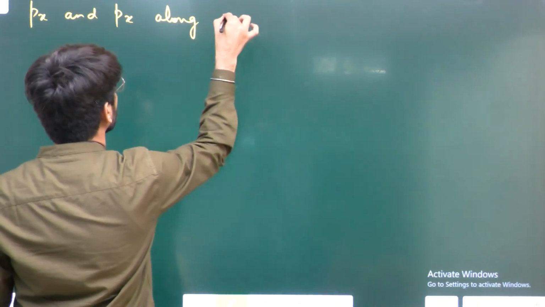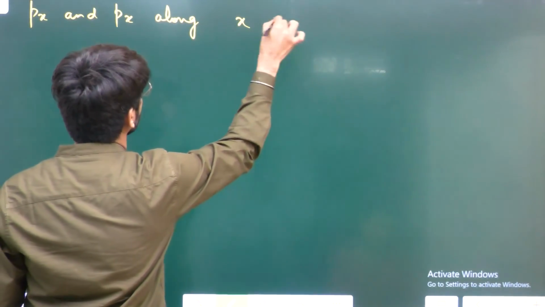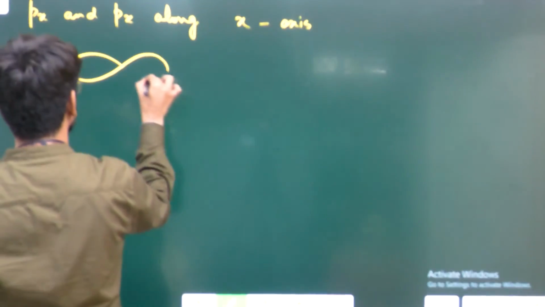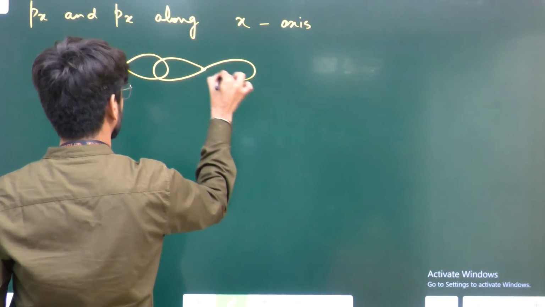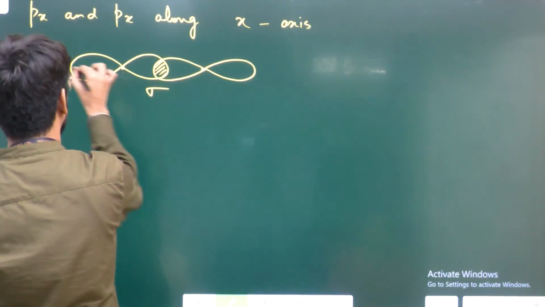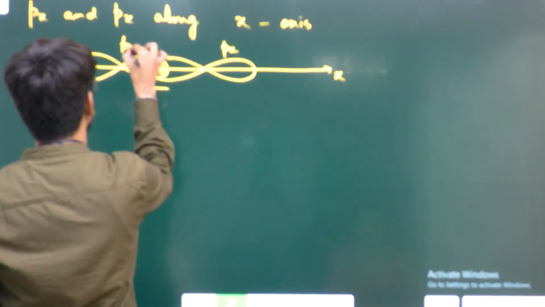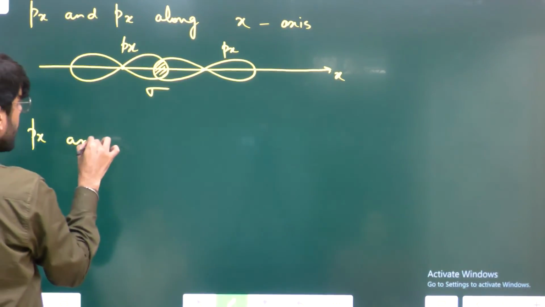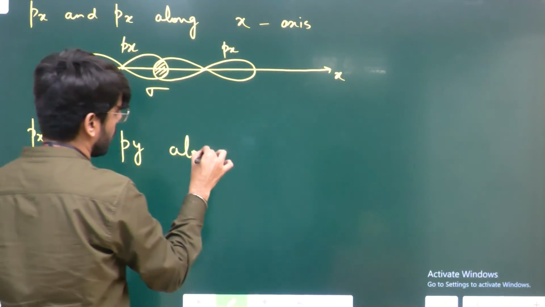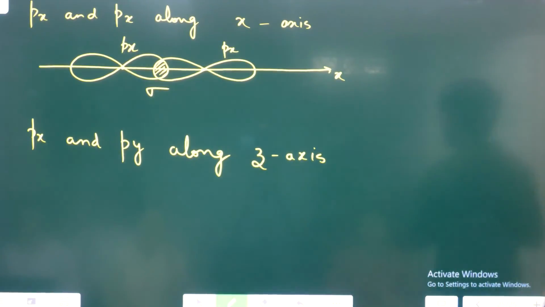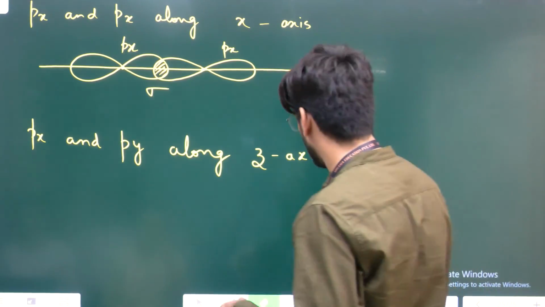px and px along x axis. चलो tell me px sigma सिग्मा, अब ये आप कंसीडर कर रहे हो x, ये आपका px, ये है, ठीक है। चलो अब बताओ, px and py along z axis, नो बॉन्ड। अच्छा रुको,